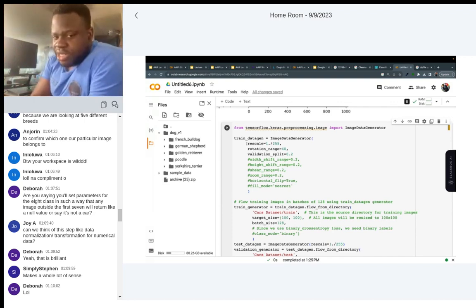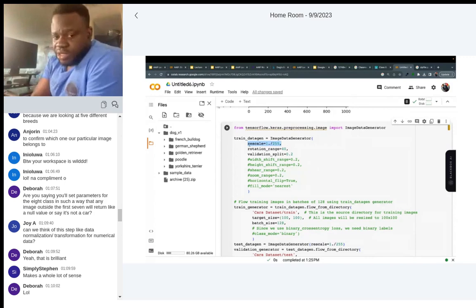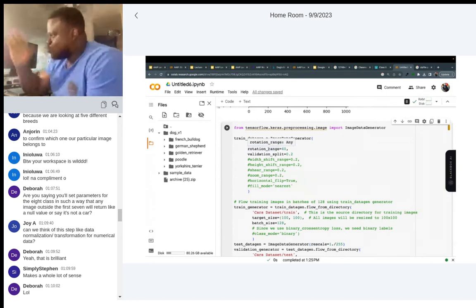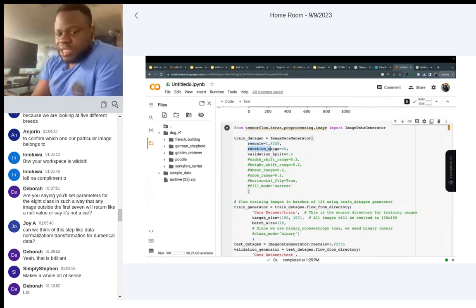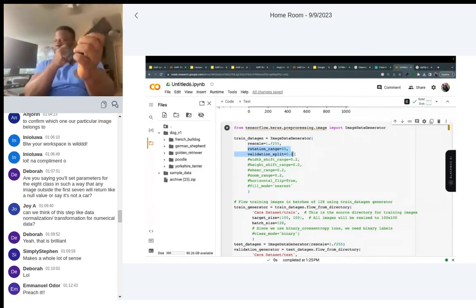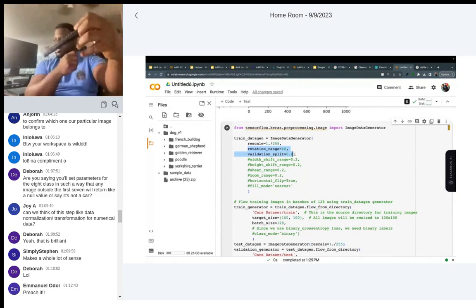If you remember, it will rescale it. So what Joy was saying, normalization. This is normalization. It will rescale it from 0 to 1, reducing all the noise, so little noise will go to 0. It will rotate the image. So I'm taking the picture of the remote like this. What if I take the remote like this? What if I take the remote upside down? What if I take the remote sideways?